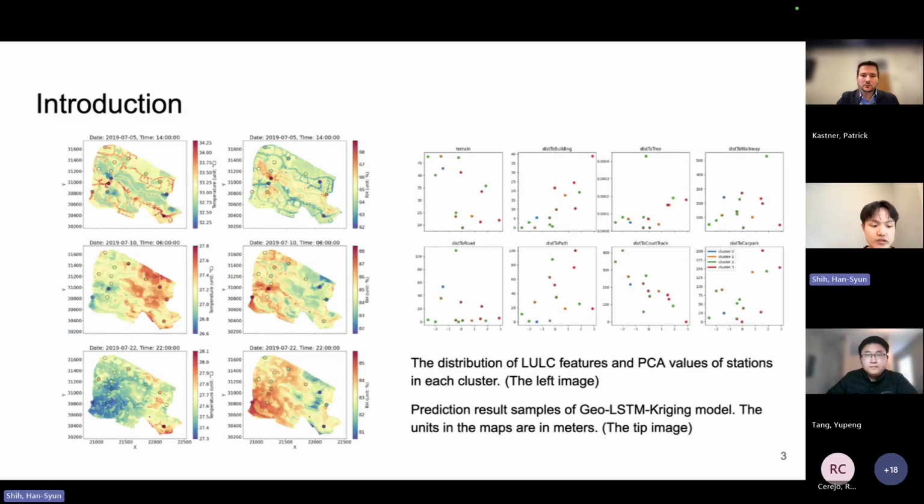The approach uses a geo layer to adjust each station's temperature and humidity based on local land use characteristics, followed by an LSTM that predicts the next time step. A regression kriging step then interpolates these predictions onto a high-resolution grid to generate detailed microclimate maps. Overall, the study shows that this geo-LSTM kriging framework outperforms traditional interpolation methods and practical baselines, producing more accurate and